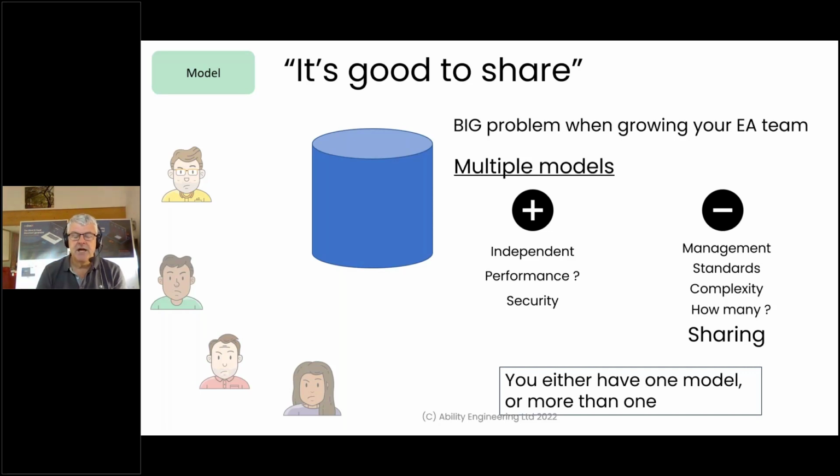I know Daniel Siegel from Liba, the Lemon Tree expert, will probably say, I can do that for you, and probably he can, but there are probably easier ways of doing it. So the choice here really is a binary one. You either have one and only one model, or you have more than one. There is no kind of halfway house. Okay, you may have a play area and a backup and a staging area, but I mean, one model that